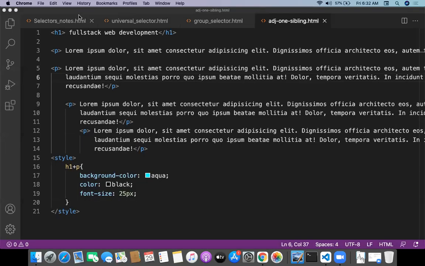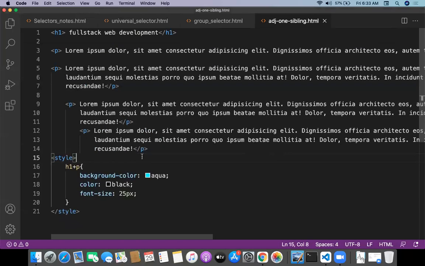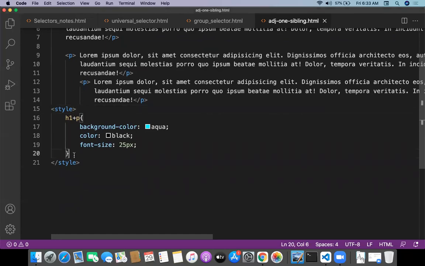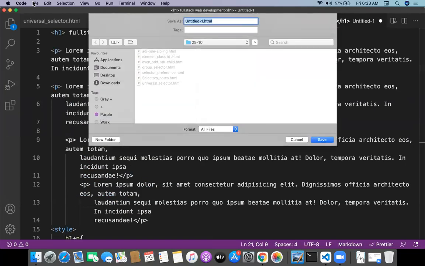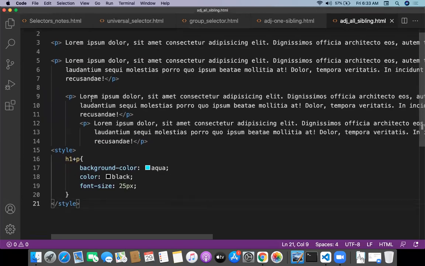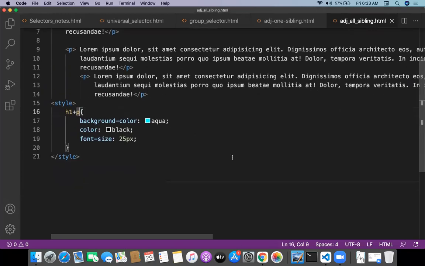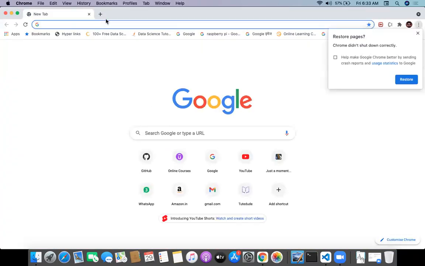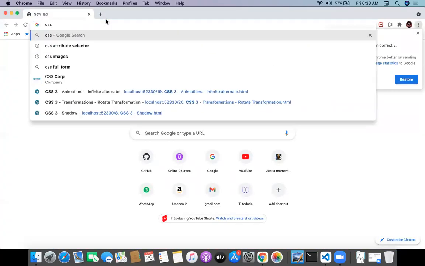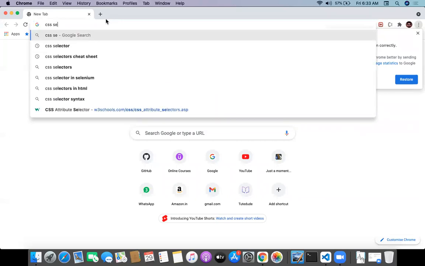Does anybody have confusion with adjacent one sibling? Now let me go for the adjacent all sibling selector. Let me copy the program, take a new file, paste here, and save it as adjacent all sibling.html. I want to select all the paragraphs after the h1.